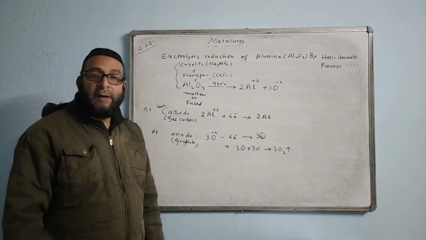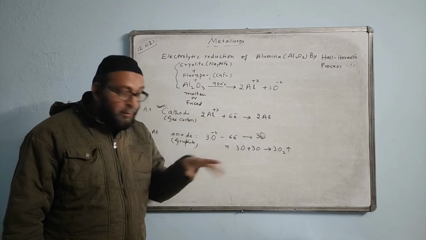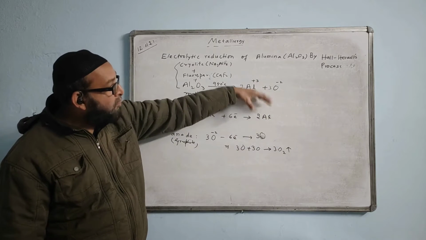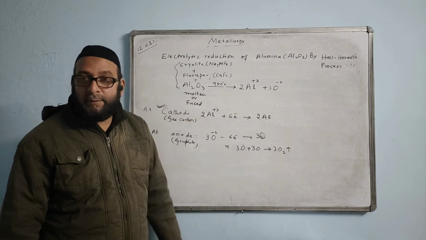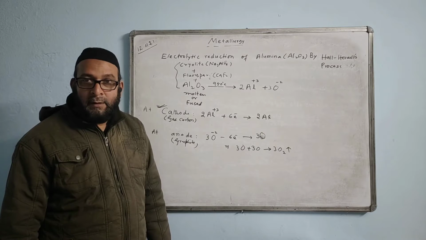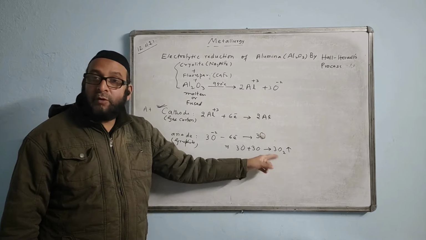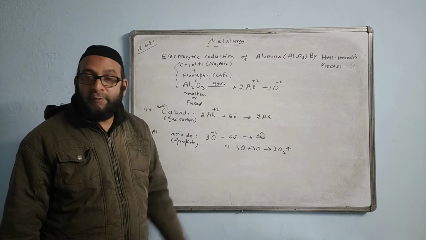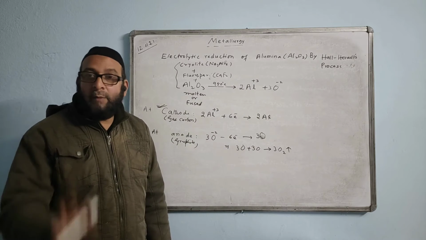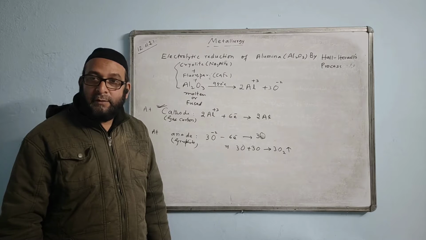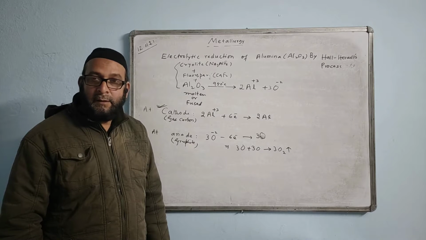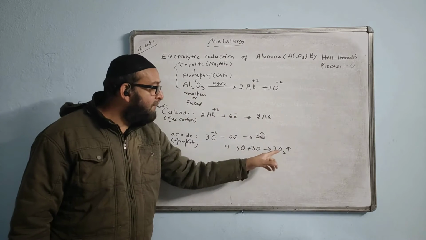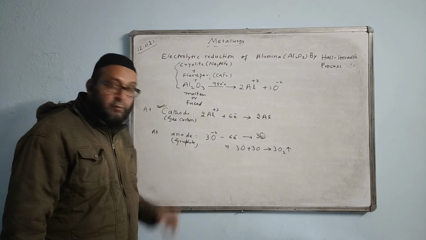And now another situation when we are spraying coke powder. Now most of the oxygen will be reacting with the coke powder. Coke powder is also a form of carbon. So maybe 90% of the oxygen will be burning the coke powder, or oxidizing the coke powder. So how much percentage of oxygen is left over? Only 10%. 90% is burning the coke powder. The 10% is only left over. That 10% will be burning this anode, the actual anodes.